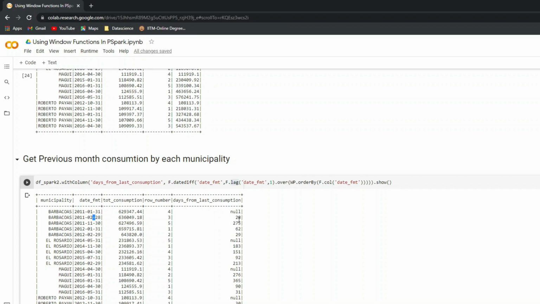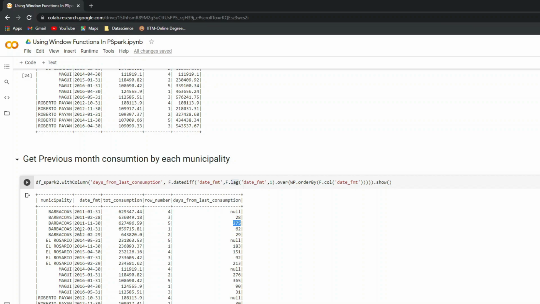So I can say last reading was done on 31st January 2011, and in this one I can say that it was done 28 days before. Whereas for this data set, this was done 275 days prior to this. So you can see this is the 30th November 2011 and this is February. So the difference between this and this is 275.